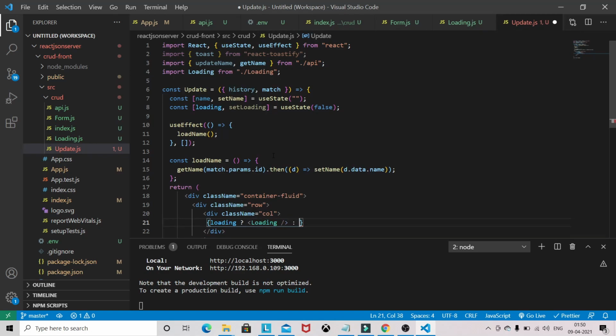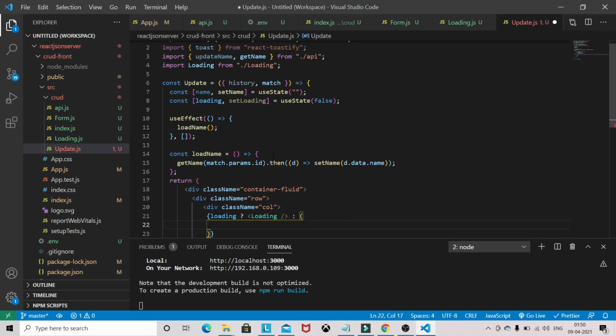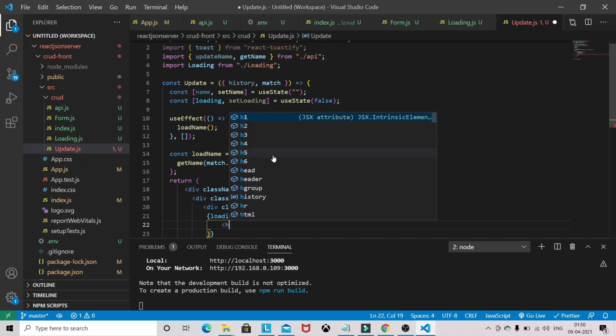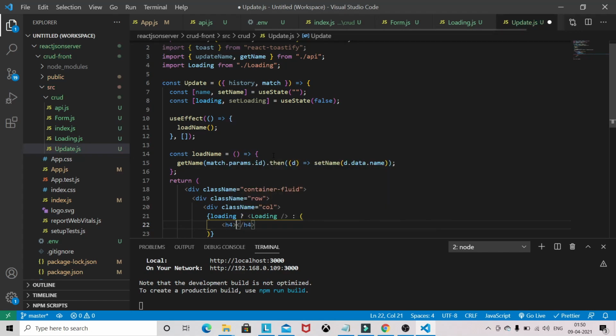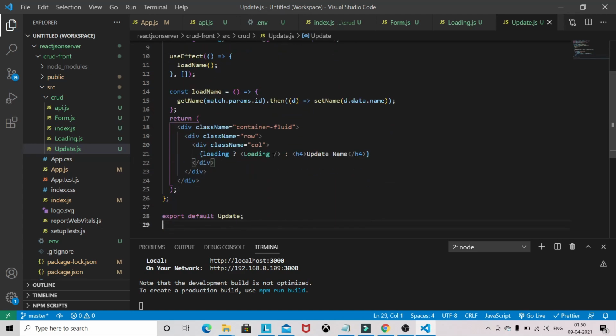Else there will be the update name form.